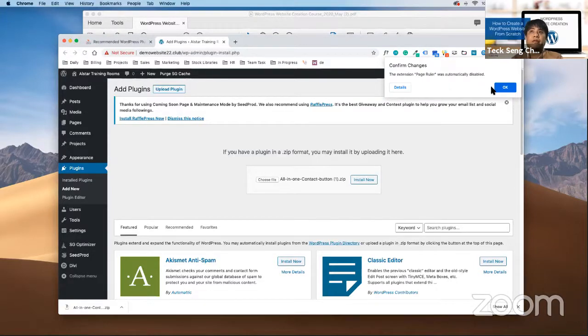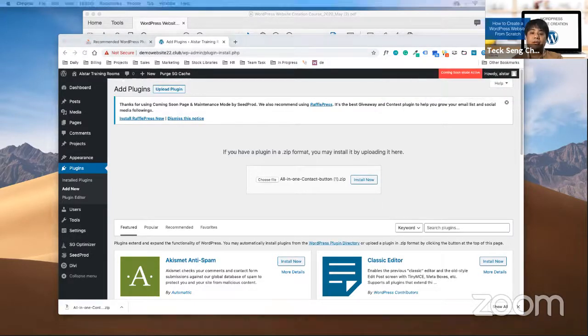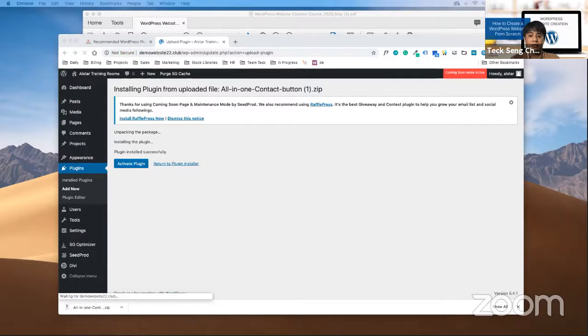Okay, so once you open it, click on install now. Okay, same thing. Once you install, click on activate.